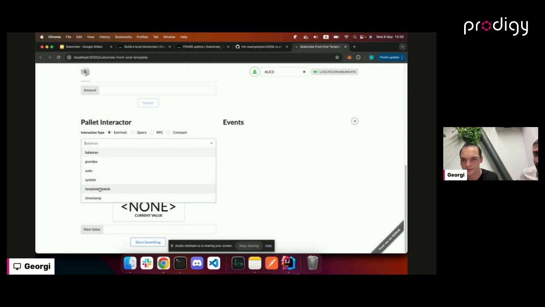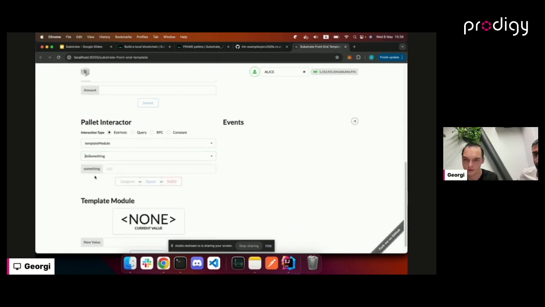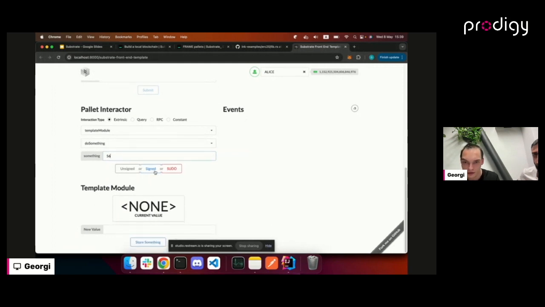But yeah, let's take the template module. This is our module. Of the callables, we only have the calls error, which we don't want to call, and the do something function, which takes in a single unsigned 32-bit integer. So let's say 56. And then I think signed is going to be,